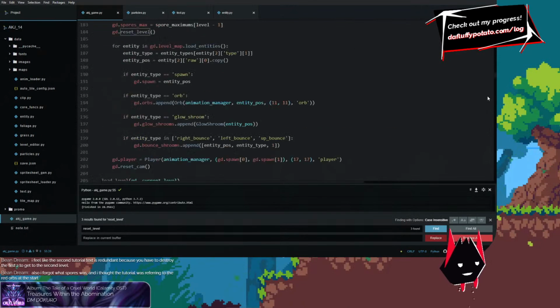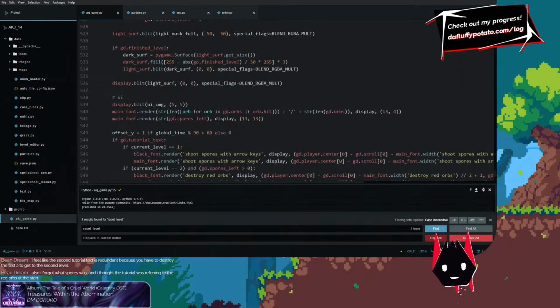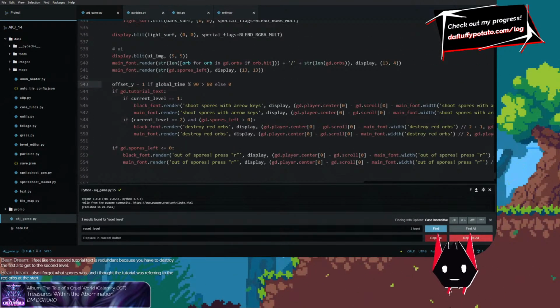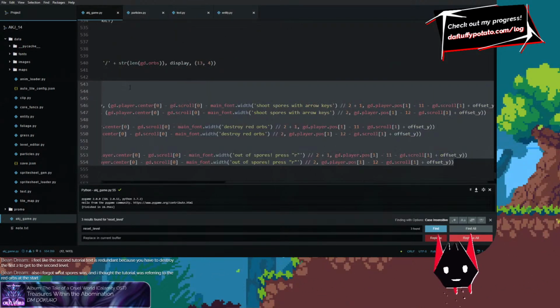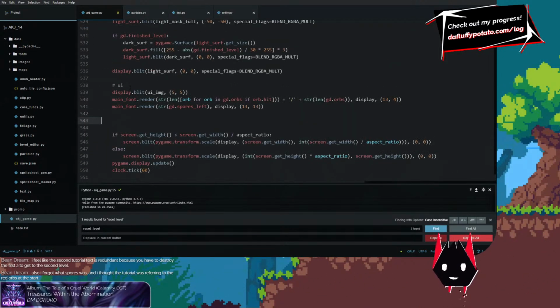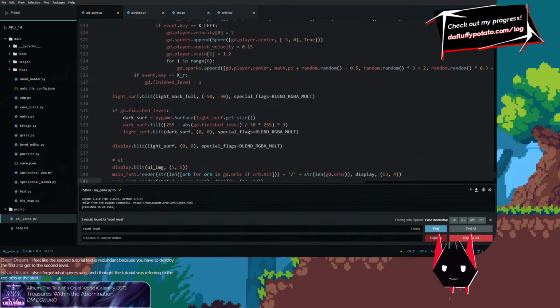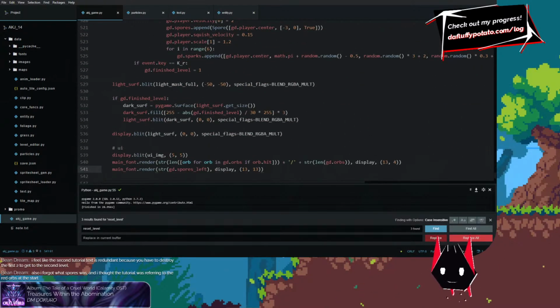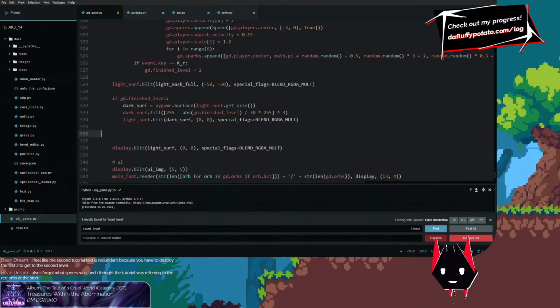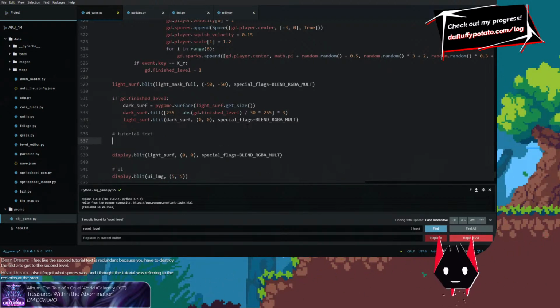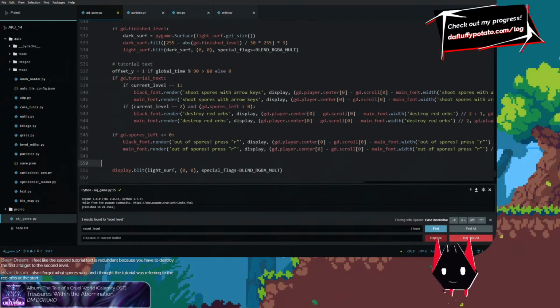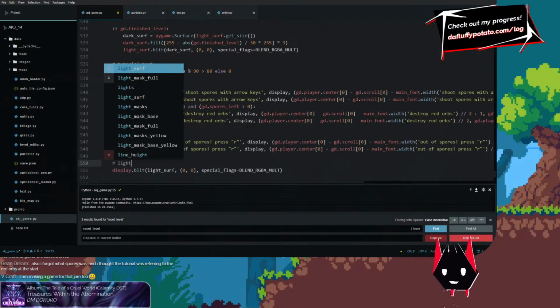I don't like how the text isn't covered by the, I think the editorial text should be covered by the screen transition, so I'm gonna hide that behind the screen transitions. So, tutorial text, lighting,